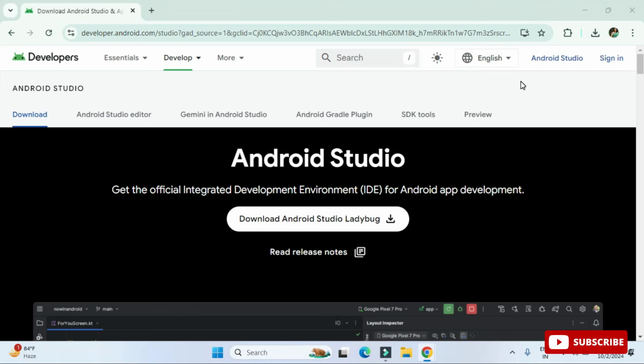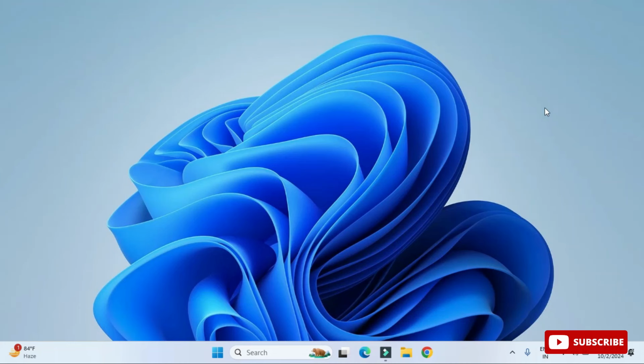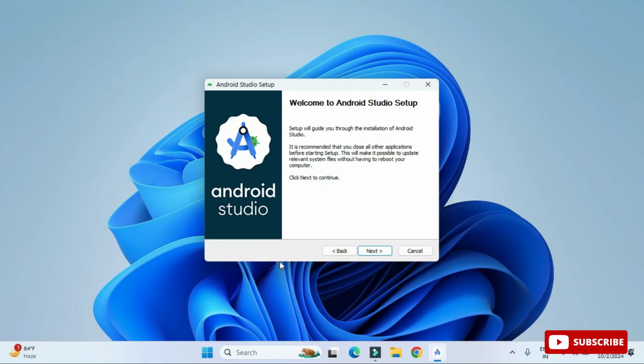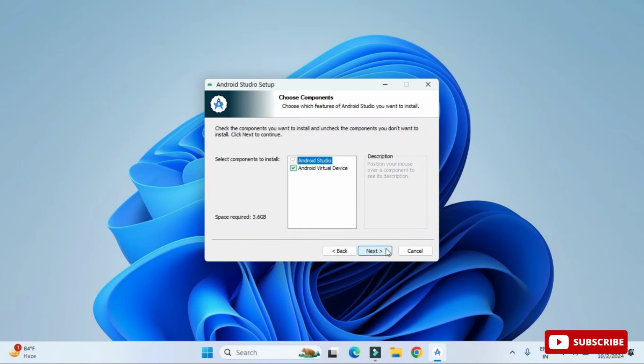Now to install, I'm clicking on this exe. Let me minimize my browser guys, and now here I'm going to click on the next button on this welcome screen. Now here, choose components. It is showing me Android virtual devices. So if you want to run your Android app, your application, you need some devices. So if you are not connecting to physical devices, then you need to install virtual devices. So your application will be run on virtual devices. So you need to click on the next button by checking this install virtual devices.